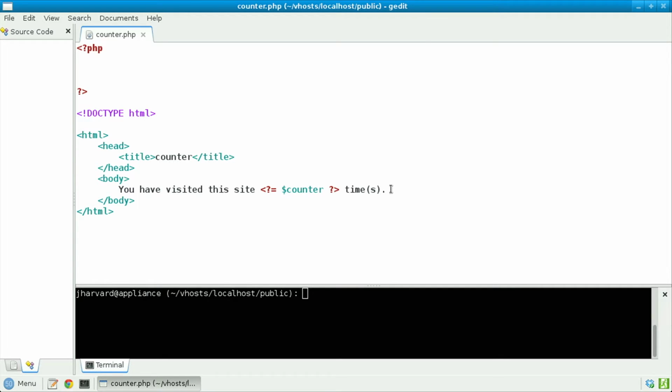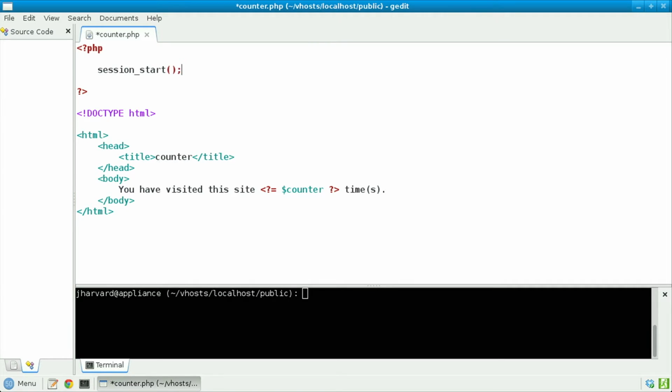Let's get started by first taking a look at the HTML that I've prepared in advance here. Notice that I have put in the body of this page the statement, "You have visited this site this many times," whereby this many is going to be the result of outputting a variable that's apparently called $counter. Now, up at the top of this file, I've left some space between an open tag and a close tag for some PHP code. Let's now start a session by specifying the following: